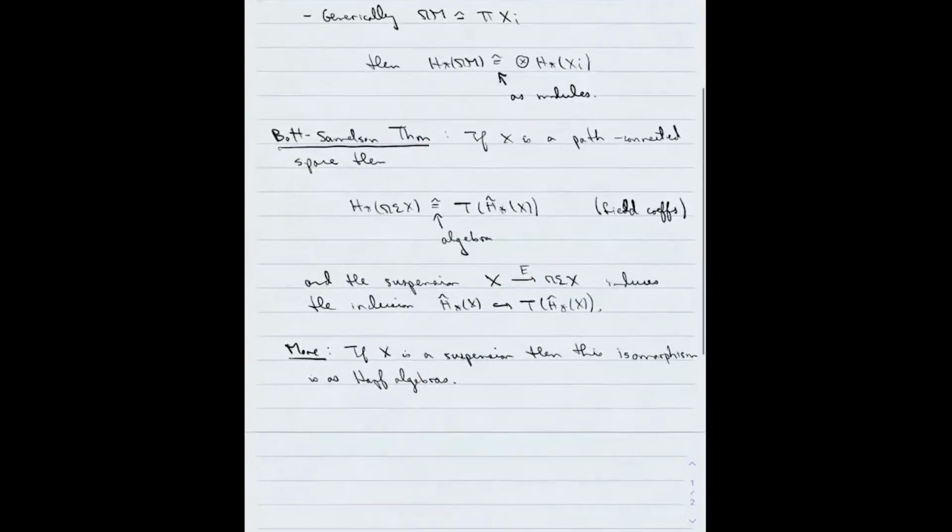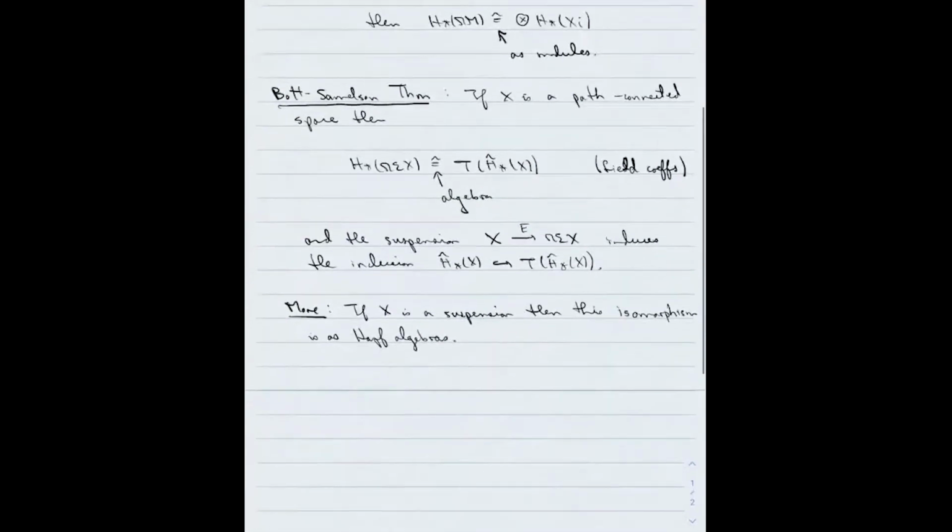Okay, so this is classical stuff. And here is the statement that we're after. So suppose you have a homotopy cofibration from suspension A into suspension Y into Y prime,